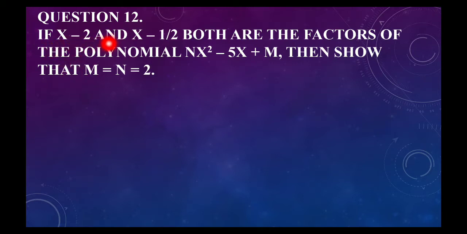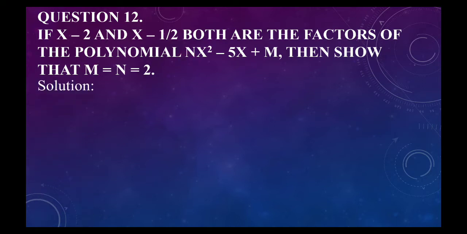Okay, if x minus 2 and x minus half both are the factors of the polynomial. Okay, this is also a factor, this is also a factor. So if both are the factors, then the remainder will be 0, right? Of the polynomial n, small n, x square minus 5x plus m. Then show that m is equal to n is equal to 2. That is, the value of m and n from the polynomial should be 2. If m and n values both we are getting after solving, if we are getting 2, then it is